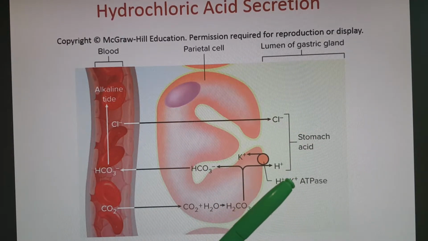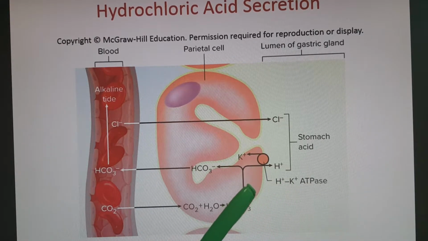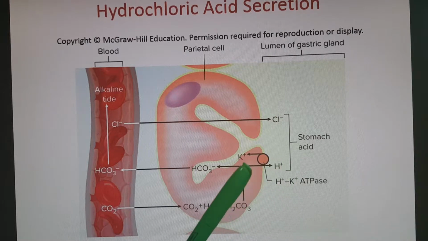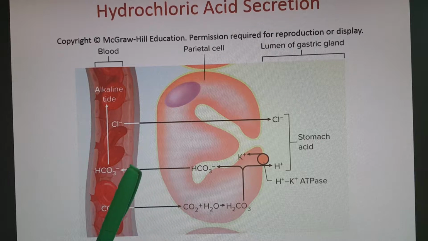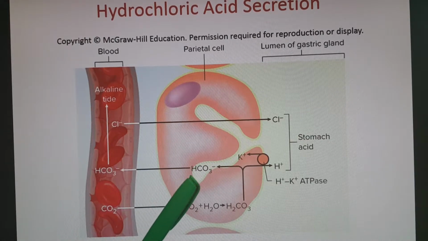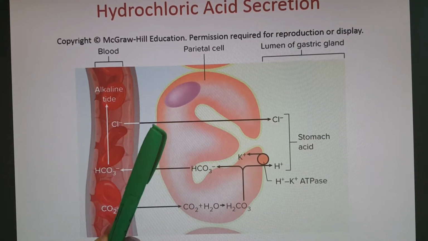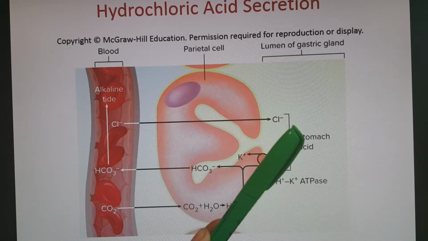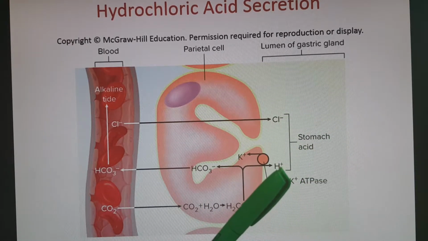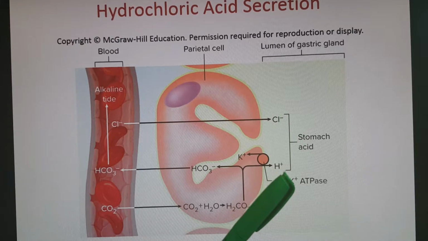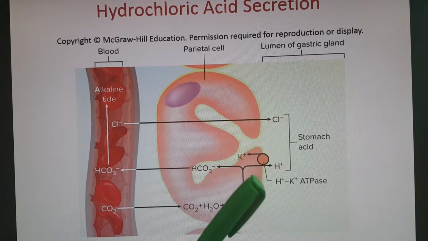gastric gland, which can then control its secretions into your open lumen of the stomach. So hydrogen out, potassium in. Your bicarbonate ion is exchanged for chloride through an antiport, so bicarbonate ion out, chloride from the blood in. That chloride ion is then just moved straight out into this open lumen space, where it will combine with the hydrogen ion from earlier that dissociated from the carbonic acid and combine together to make your stomach acid, which is